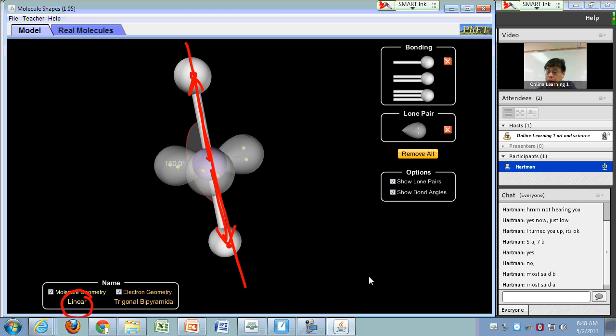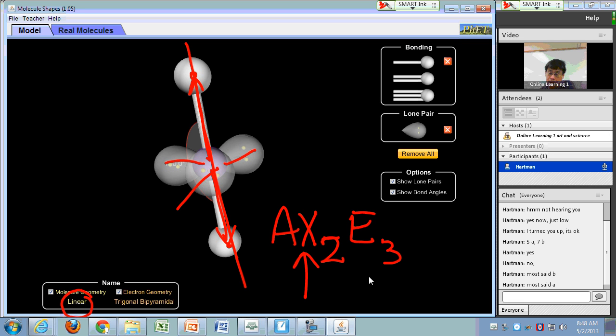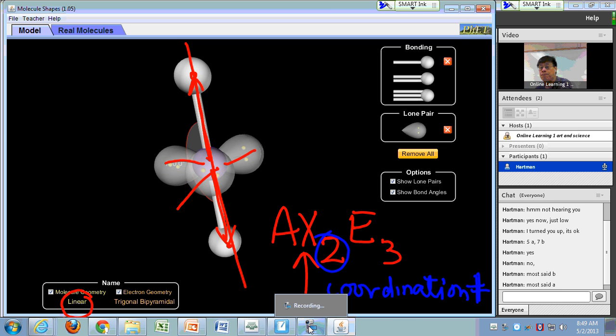Okay, so this would be a type AX2E3. There's 3 lone pairs, and there's 2 ligands, 2 atoms attached to your central atom. Number of ligands is also known as the coordination number. So this 2 right here, this number 2, that's also known as the coordination number, the number of ligands, the number of atoms attached to your central atom. Okay? Now let's go back to